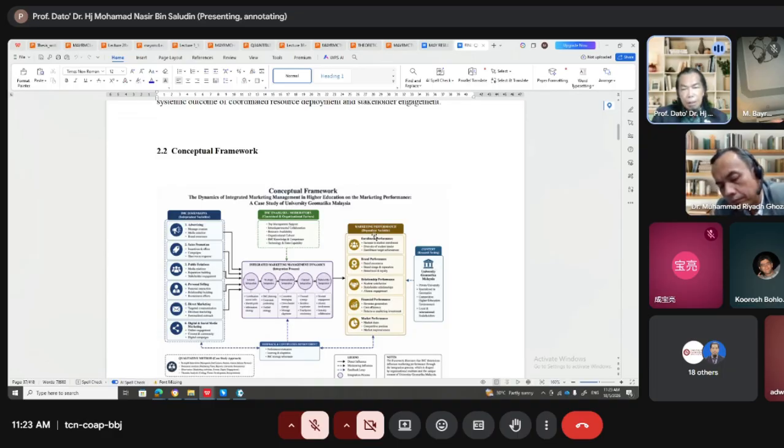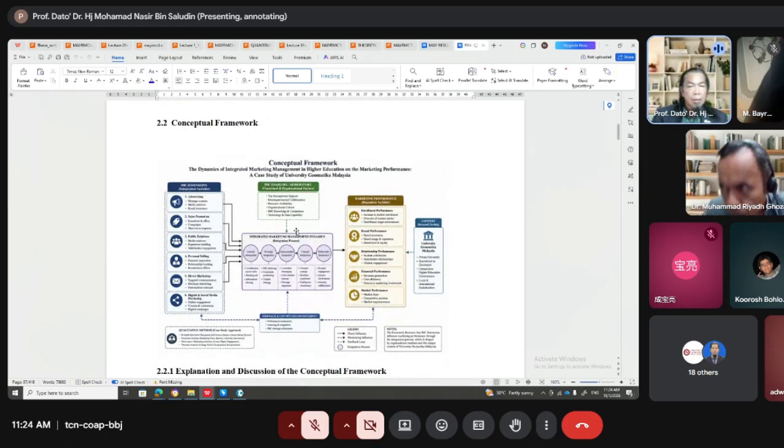This is the dependent variable. This is also the moderating or moderation, the IMC enabler. This is the independent variable. That is what they have drawn there. And then explain in detail,